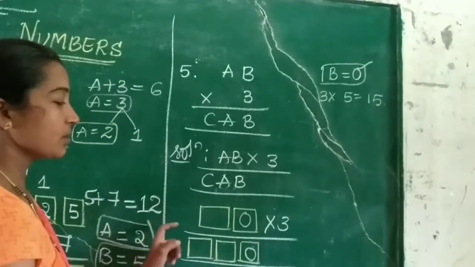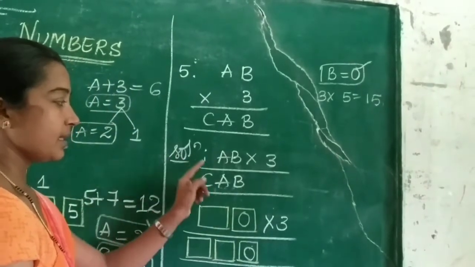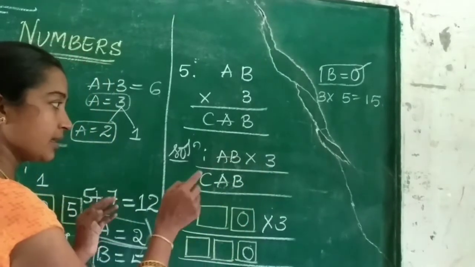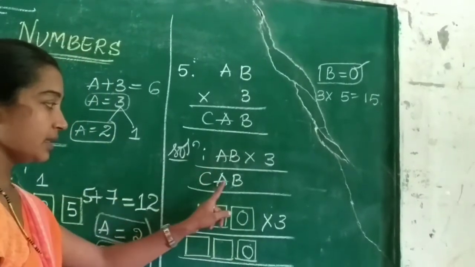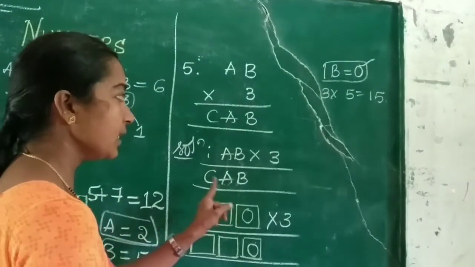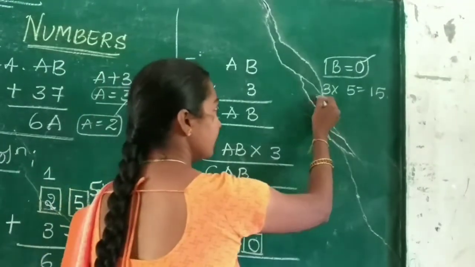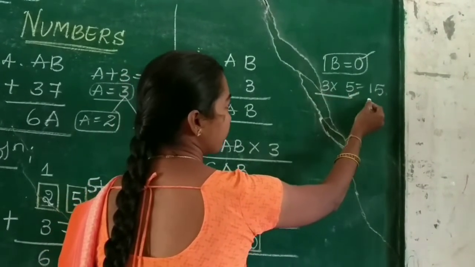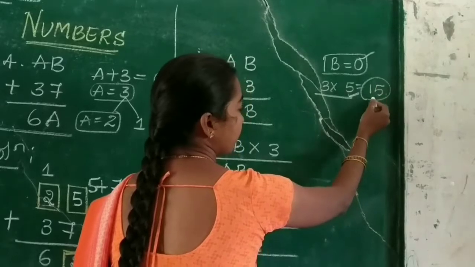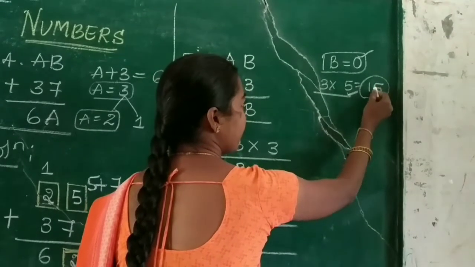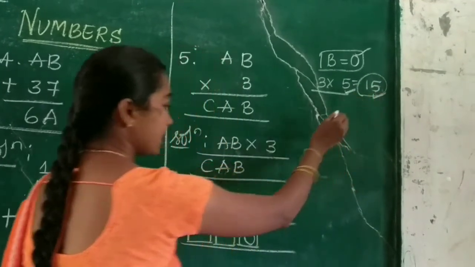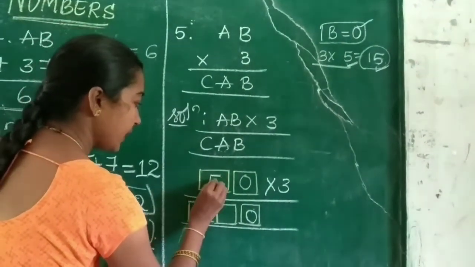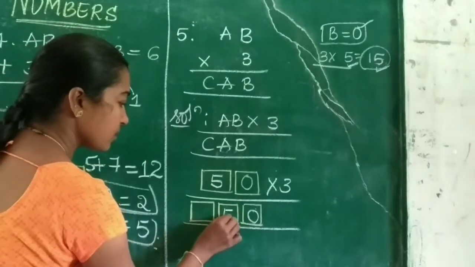Next, let us choose the value of A. See here, A multiplied with 3 gives a number that takes the same value in place of A. Here, we are guessing the number. That number takes the value 5. 3 5s are 15. Observe here, the product takes the same number in the unit place. So, children, put the value 5 in place of A. 5 here, here also 5.